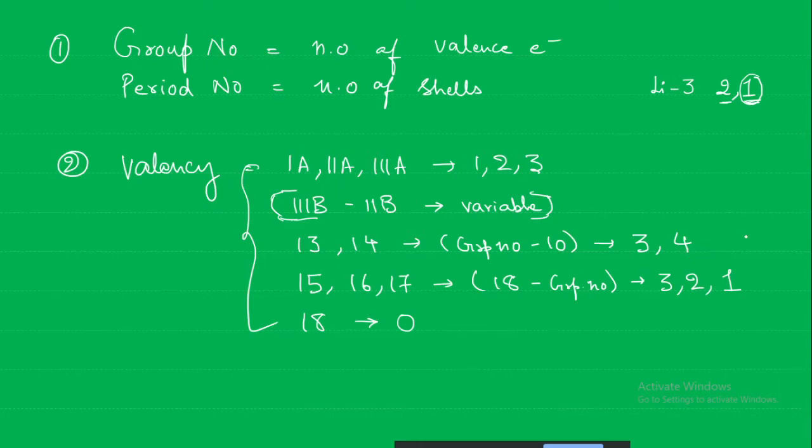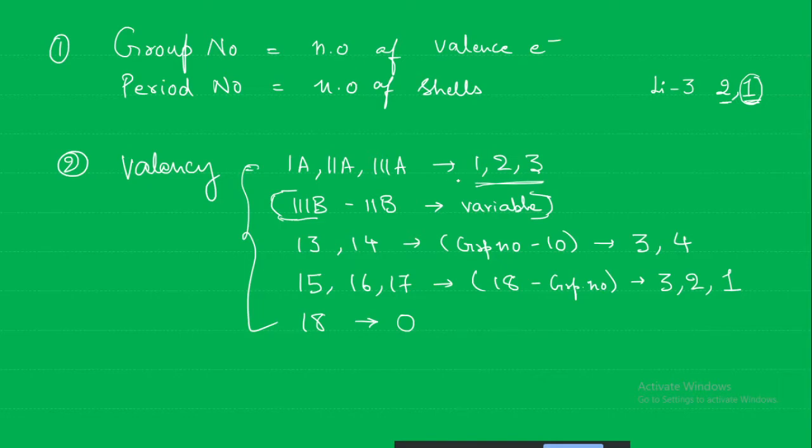The moment it is going to group number 15, then what does it become? We cannot have a valency of 5, because from there it will try to gain electrons, not lose electrons. Will it try to lose the electron or gain the electron? In groups 15, 16, 17, it will gain the electrons, to get the octet configuration. And up to 14, what is happening? It will lose the electrons. Its tendency is to lose the electrons.